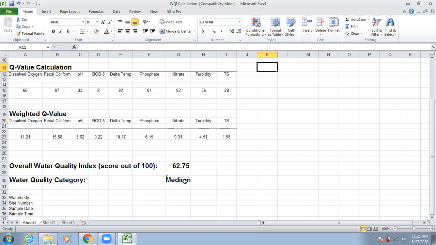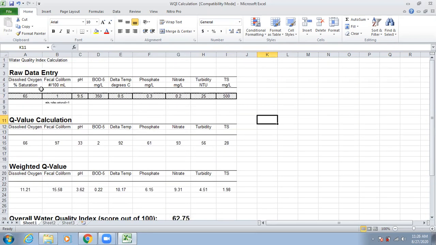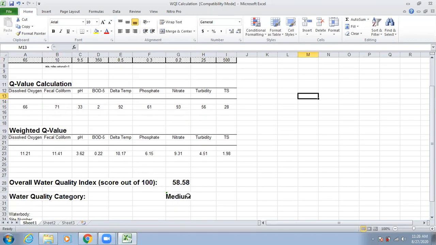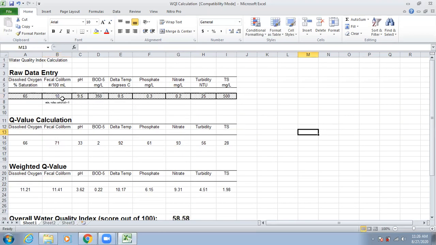It's medium. So every time you put the raw data, the calculation is done automatically. Here you can see the Q value calculation: for dissolved oxygen 66, fecal coliform 97, and pH 3. If you put 0, then what will happen? You can see this will not be accepted, because fecal coliform is there. Suppose here fecal coliform is 10, then what will happen? You can see the water quality index is reduced. So you need to put the exact parameters, whatever you have analyzed from the lab,